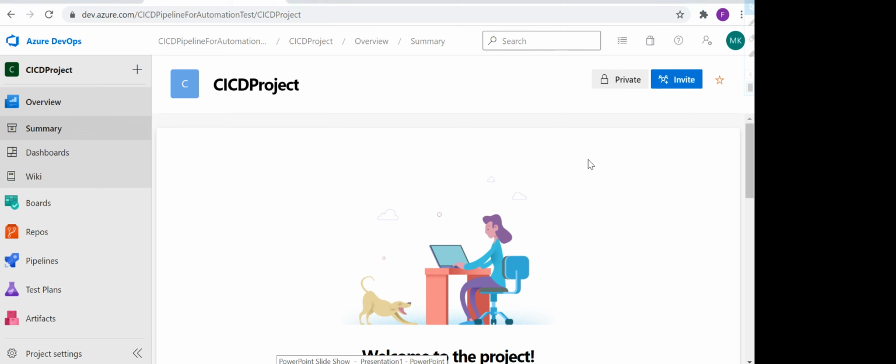So today we are going to see how we can create work items in a project in Azure DevOps. These work items are completely dependent on the project process, like what kind of process we are following for a project. In this project we are currently following the Scrum process. In the Scrum process, by default Azure provides you a few types of work items which we can follow throughout the project. So let me show you.